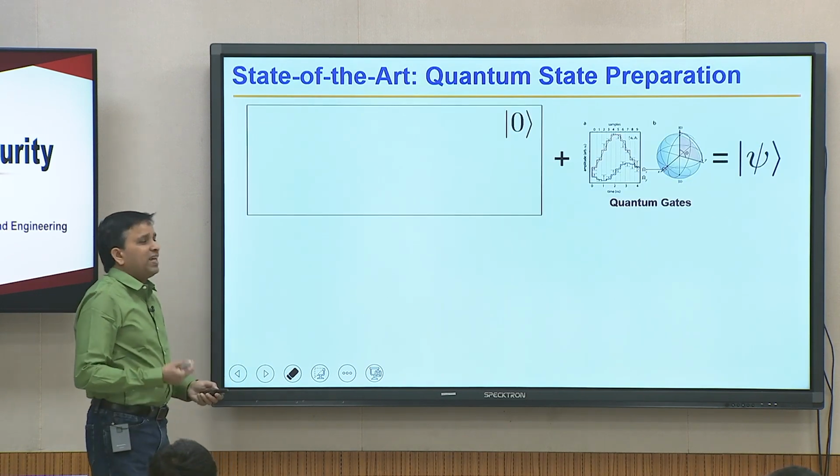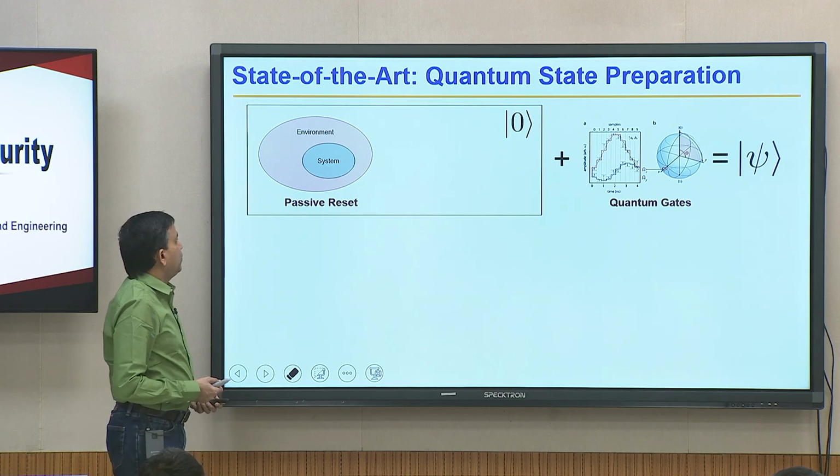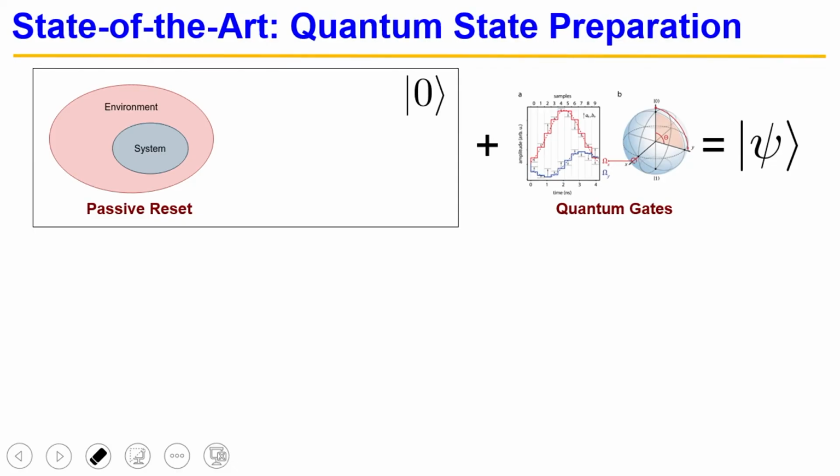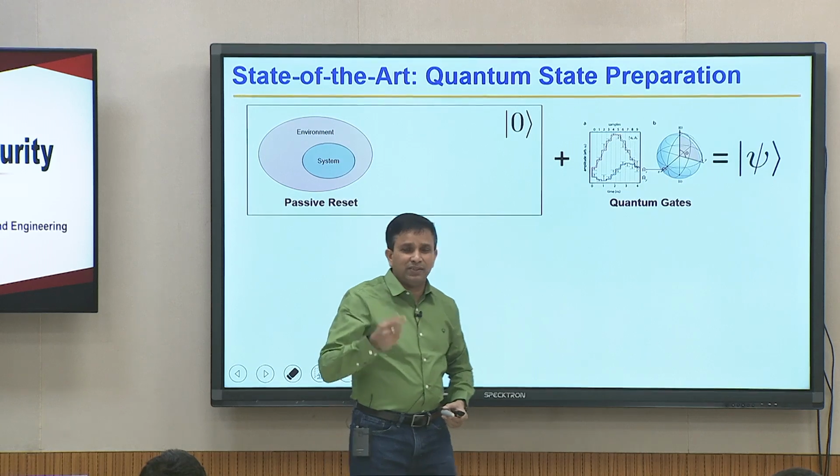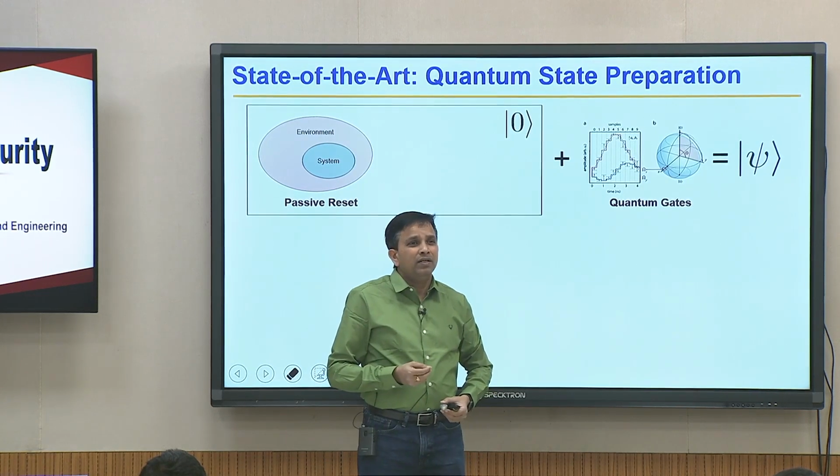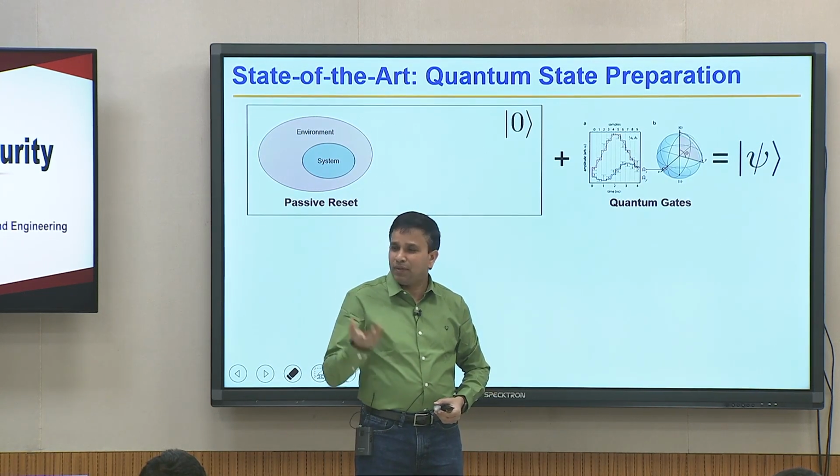Now, what is a state? How do we prepare a state? So, the first question we wanted to answer for ourselves when solving this problem was how people are preparing states today. Even before I became a faculty member, quantum computers existed at small scale. So, how are they preparing states? Do you have any idea?